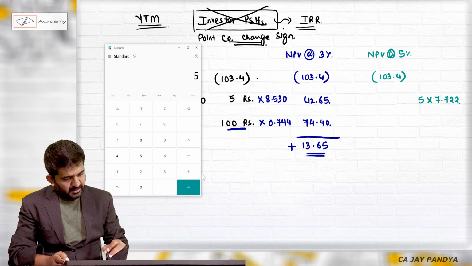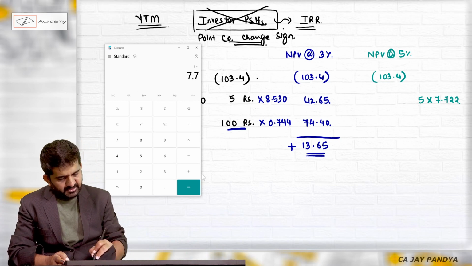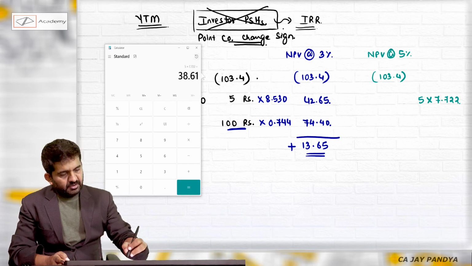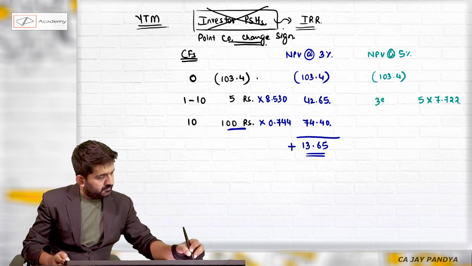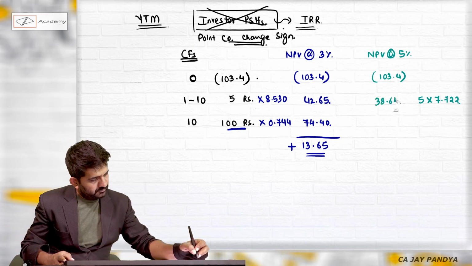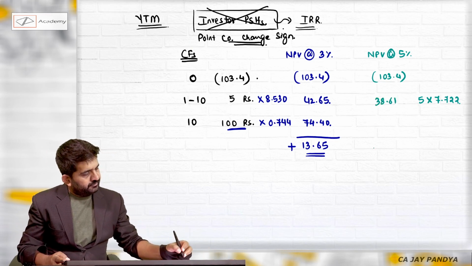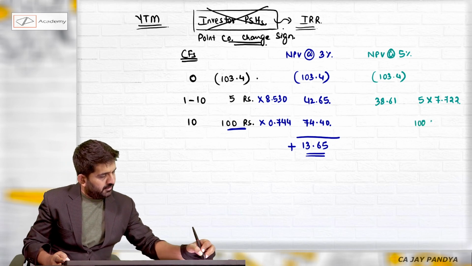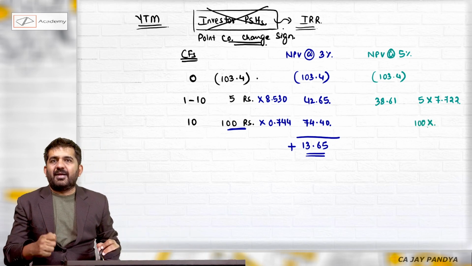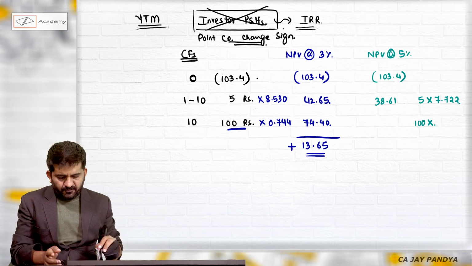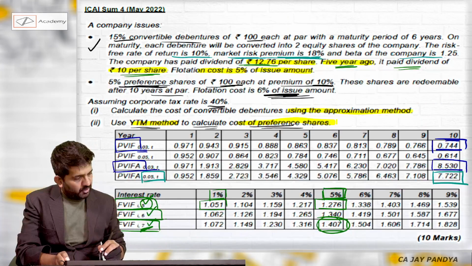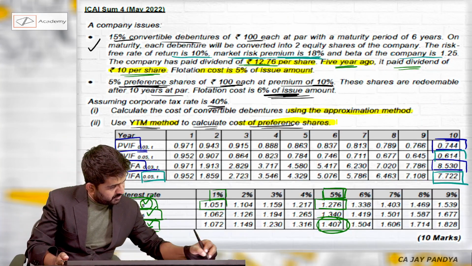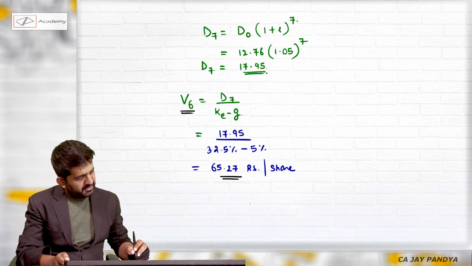This will be 5 into 7.722, 38.61. And this will be 100 into the present value interest factor, but for 5% and not for 3%, which will be this figure, 0.614,